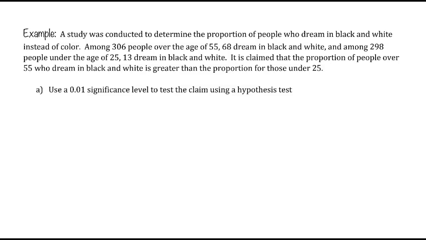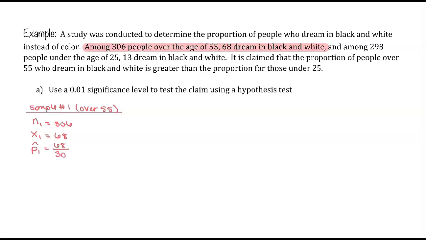Let's start by pulling out the information for the two samples. Let's define our first sample to be those over 55. Since we have a total of 306 people in the sample, we have that n1 is equal to 306. And since 68 dream in black and white, we have x1 is equal to 68. This gives us a sample proportion p1 hat of 68 divided by 306, or